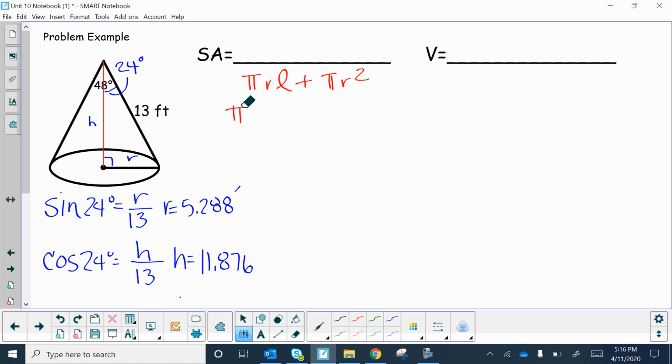So we have pi, R is going to be 5.288 times L, which is 11.876, plus pi times 5.288 squared. Okay, so that's everything plugged in. So 11.876 times 5.288 is about